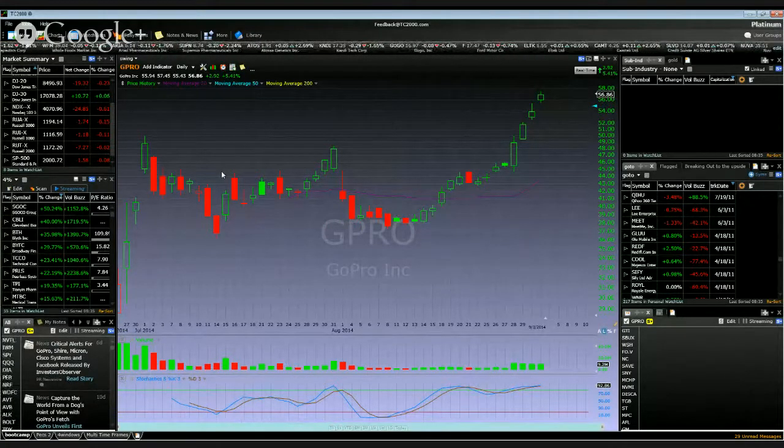So rubber band shorts for me are the highest reward trades that we do. But they also are the lowest probability. So what that means is, when I'm doing like a rubber band trade, which is a stock that's super, super extended, it may take 1 or 2 tries. So you take the trade and you may take a 1% loss or 0.5% loss or something like that,